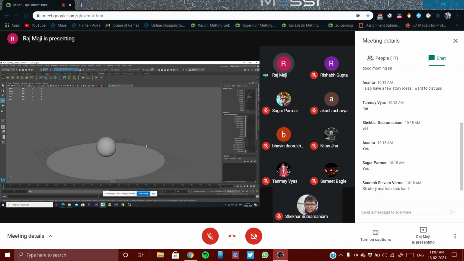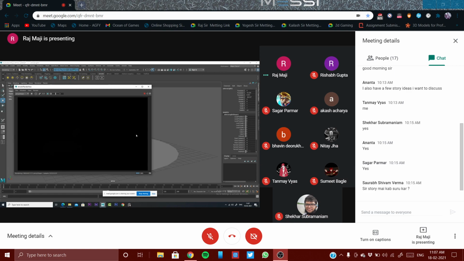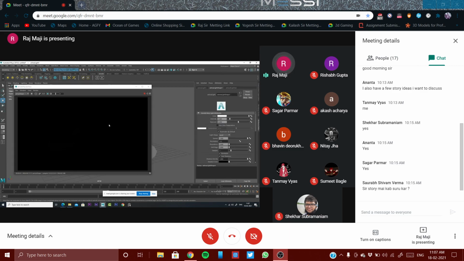Okay, area light. So nothing is visible. Why? Tell me why, guys. Nothing is visible. Quickly, what's the problem?